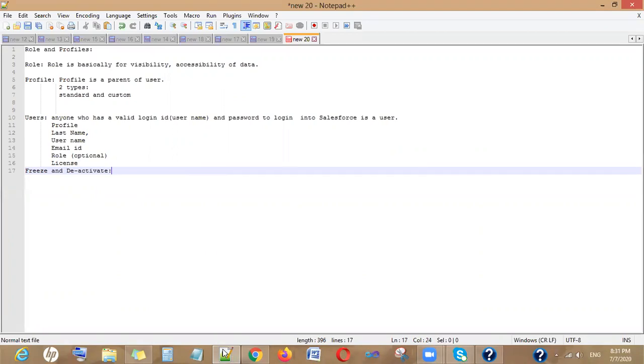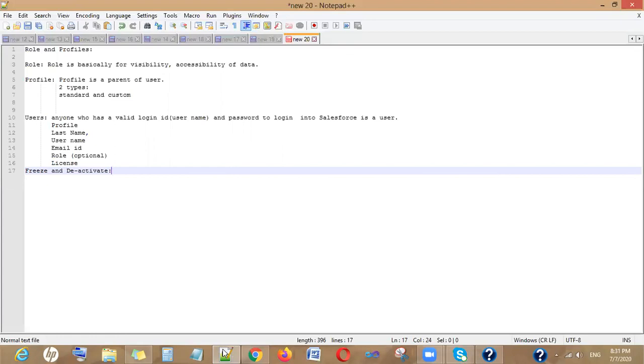You can't delete the user, but you have the option of freeze and deactivate. So what is freeze and what is deactivate? For example, an employee has decided to go for further studies, and for 2 or 3 months the employee will not be coming to the office or working for the company.